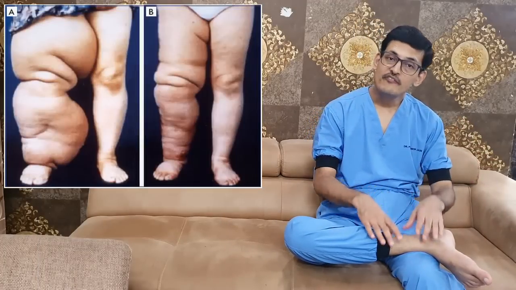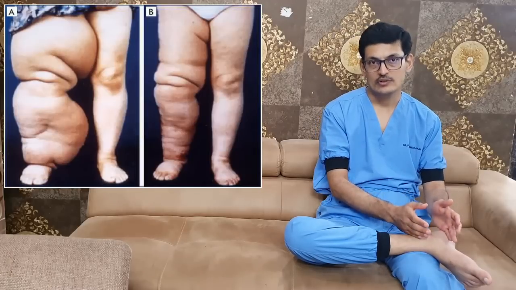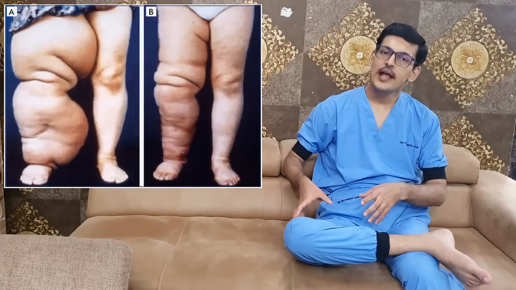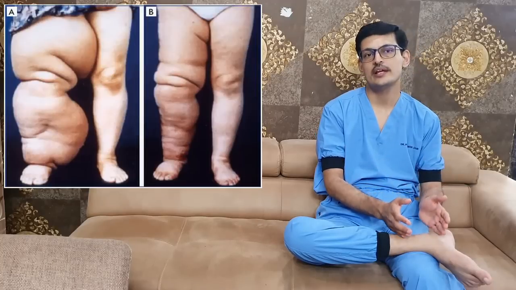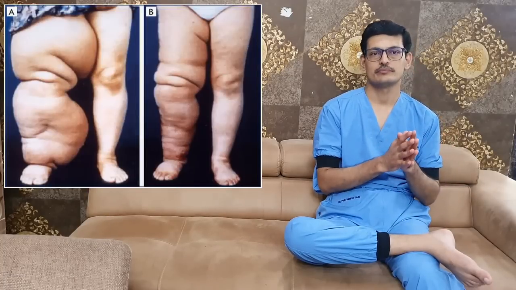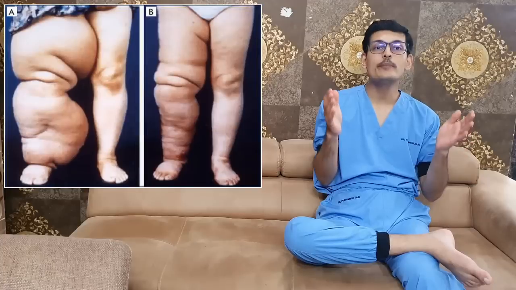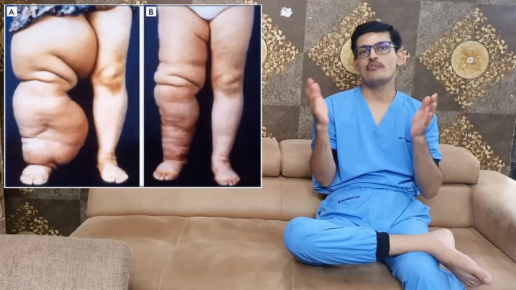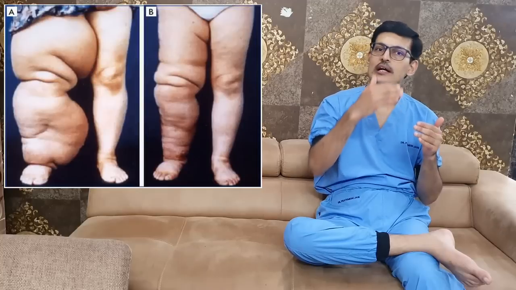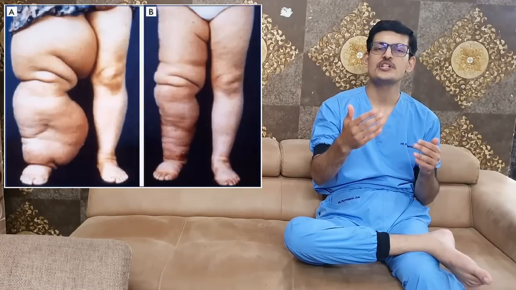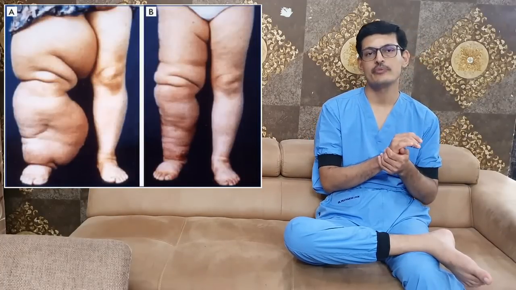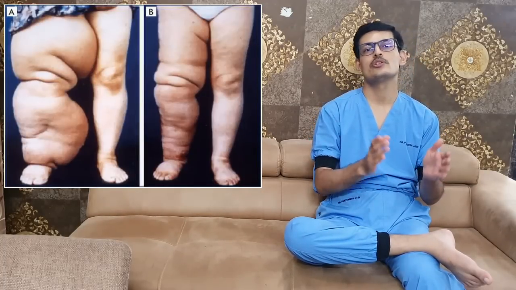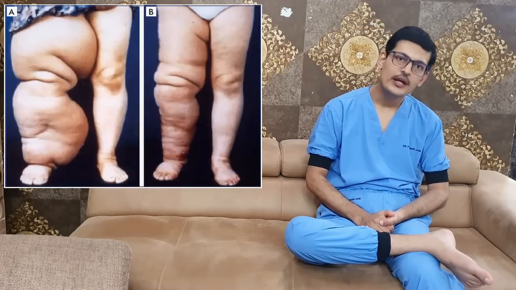Also, lymphedema can also cause swelling. Now, what is lymphedema? Lymphatic vessels are channels. So, if you have any blockages to lymph vessels, then that can also cause swelling in the ankle region. And this will usually be a non-pitting kind of edema. Usually the earlier causes, because of venous insufficiency, will cause a pitting kind of edema, and lymphedema will usually cause a non-pitting kind of edema.